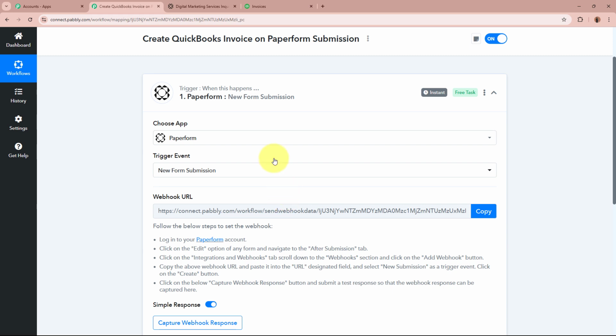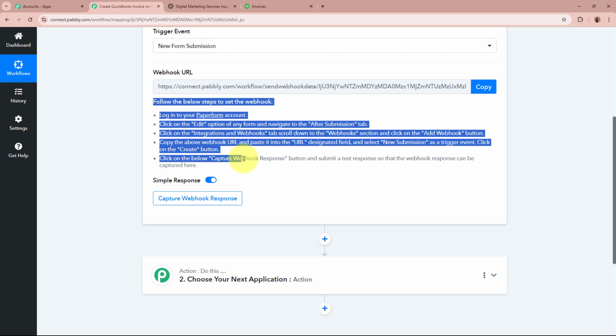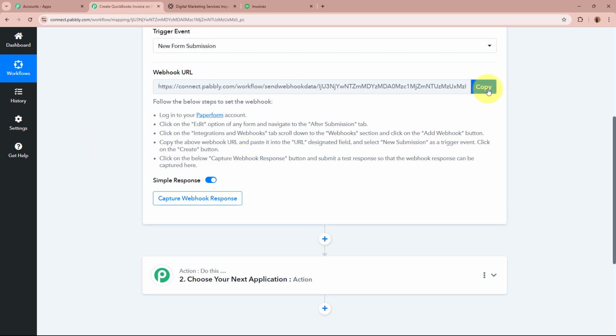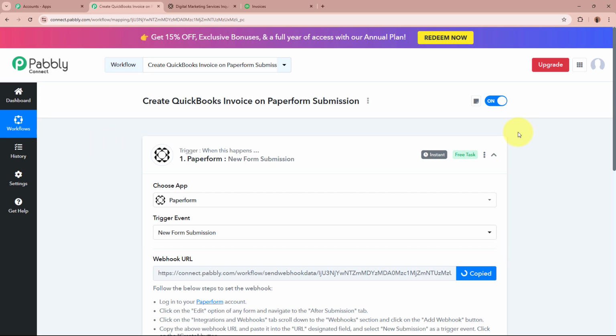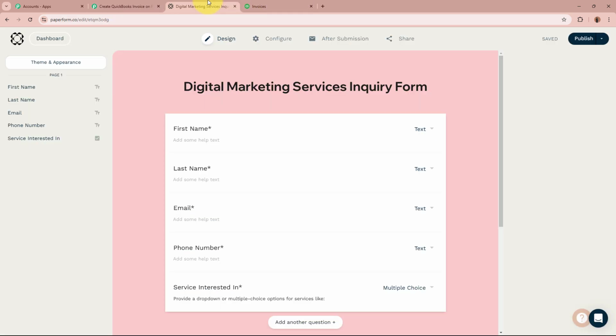Using this webhook URL, we are going to build a connection between Paperform and Pabbly Connect by following the steps given here below in the help desk. So what I'm going to do is, I'm going to first copy this URL from here. After copying the URL, I'm going to open the form that I want to connect to Pabbly Connect that I've